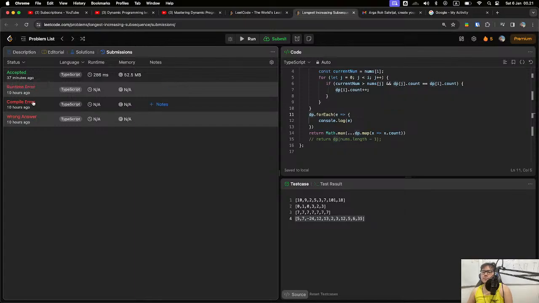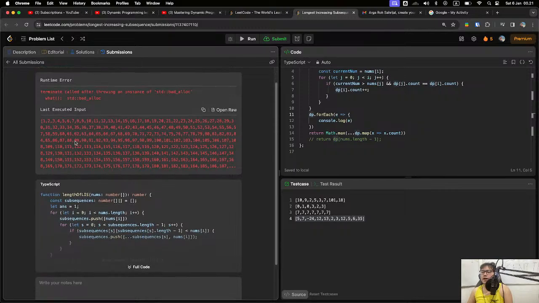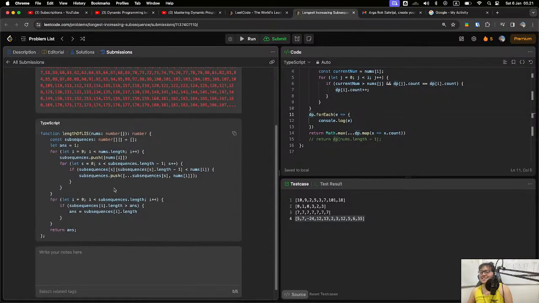The runtime error is the one where I think my algorithm was running out of memory. And I think this is a desperate solution. I cannot think of anything else, and I try to make subsequences.